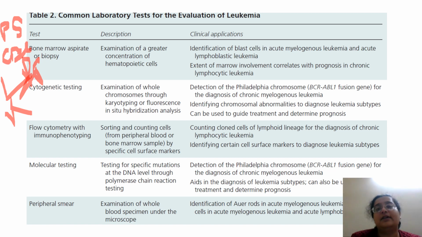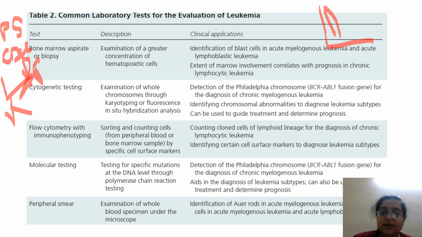When I took the class on CBC, I had shown you that the charts, the histograms, easily point towards the presence of abnormal cells. If you see the scatter plot for granulocytes, you can see a straight rise if there are blasts. So in all those things you have to be experienced enough to interpret that. Then you go for a PS examination after a CBC. You call the patient for a bone marrow examination. You take samples from the bone marrow.